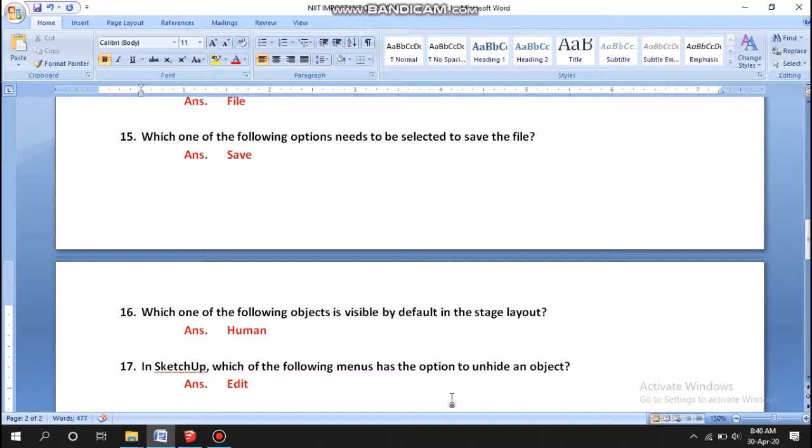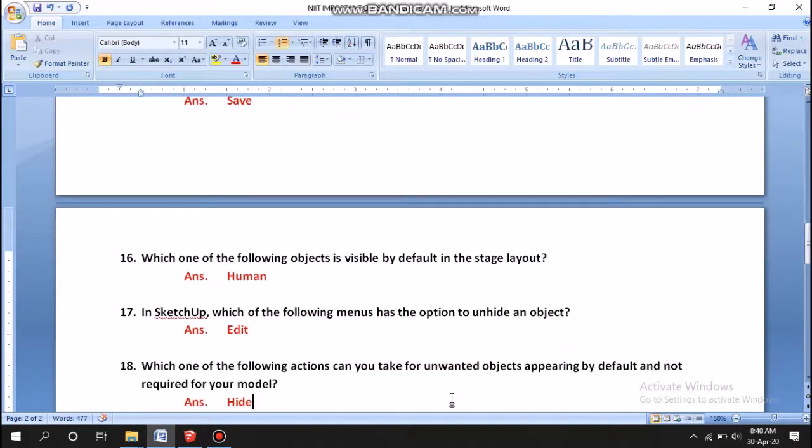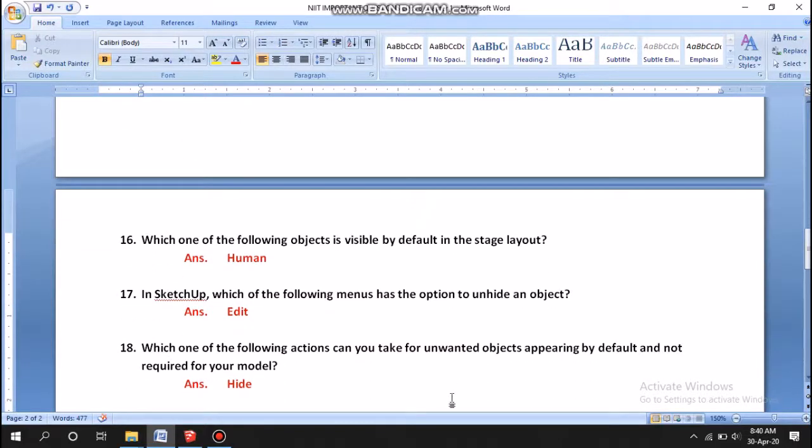Again, this is the Edit menu. Question 18. Which one of the following actions can you take for an unwanted object appearing by default and not required for your model? If it is not necessary for your model, you may hide it.